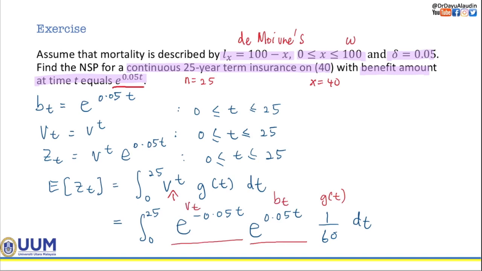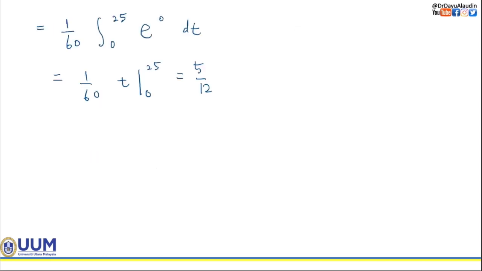Since bt is not a constant, we have to integrate the bt as well. So we solve the integration. e to the power of 0 becomes 1. We integrate a constant, it becomes t. And we get